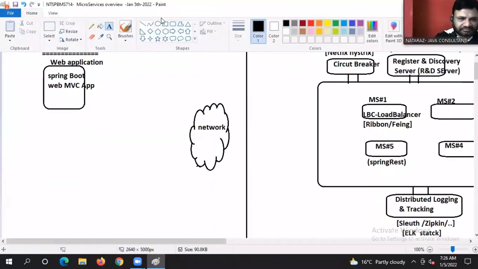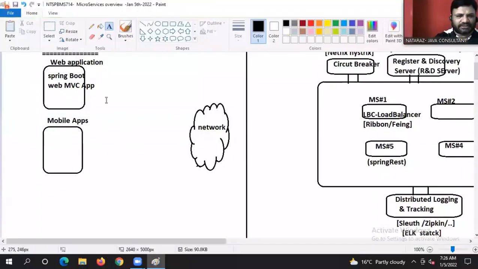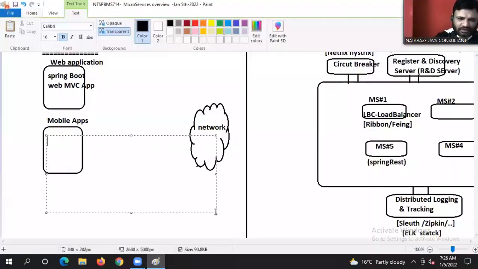Next, what is the other possibility? The other possibility is mobile application, guys. Android or iOS application.